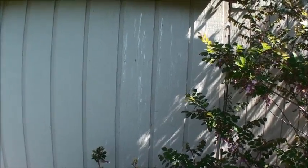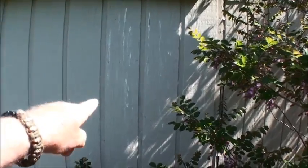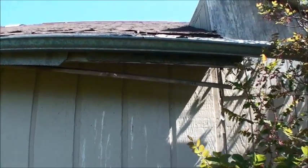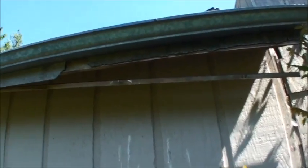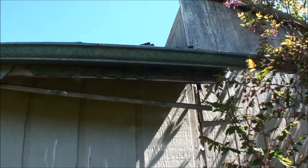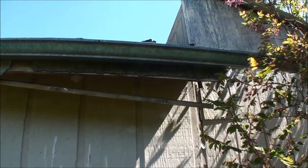So this is a definite sign. You got bird poop all over the side. Well, the starlings went up inside there and made a nest. And I missed it. If I hadn't gone to my son's, I was going to videotape the